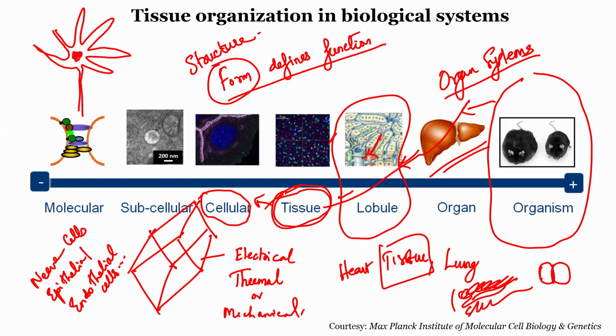Nucleus will be there at the center. This is because they can interact with other nerve cells like this, and synaptic junctions can transmit the electric signals for neural conduction, so that they will have maximum surface area for neural conduction with other nerve cells. That is why their structure is like this. So, form defines function, because the form is like this, it is able to function as a nerve cell.